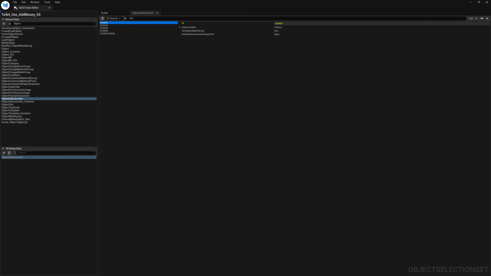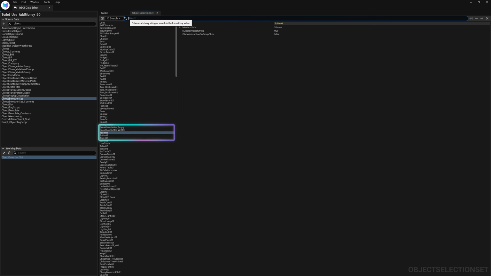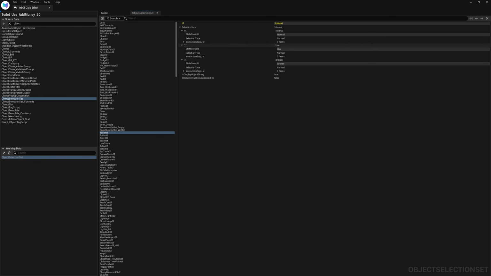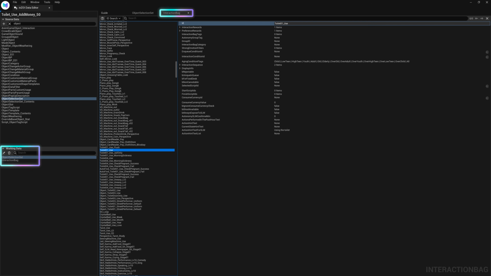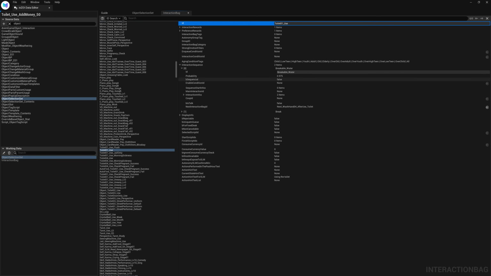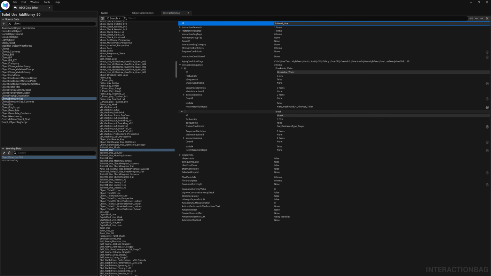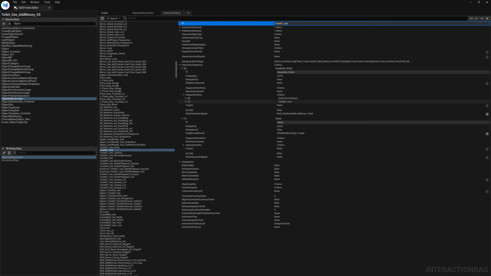For this example, we'll select Toilet 01. Toilet 01 includes various interaction states. To add our payment function, click the arrow button next to Toilet 01_use to follow the data link. This will open the linked interaction bag table and copy it to working data so it can be edited. This interaction bag includes ID, emotion states, execution conditions, and more. If you'd like to learn more about this topic, please check the official documentation.